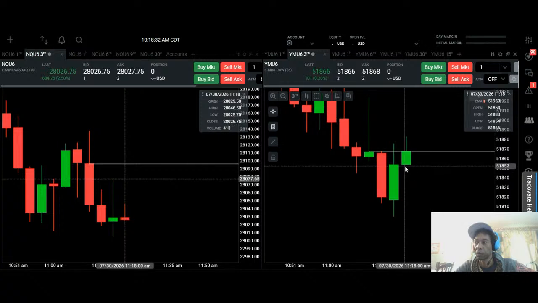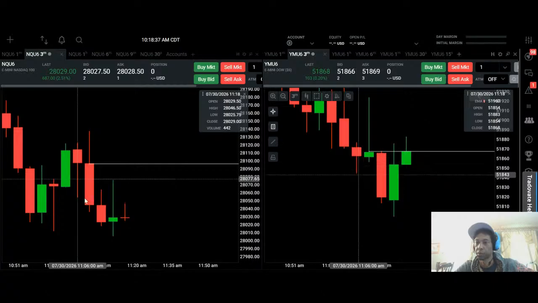And we don't have a bottom wick on there either. 80 to 90% of all candles have top and bottom wicks. So